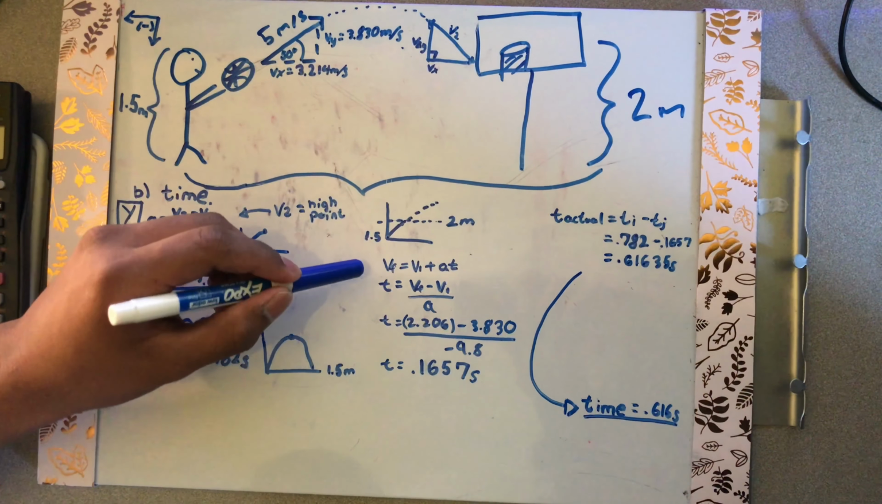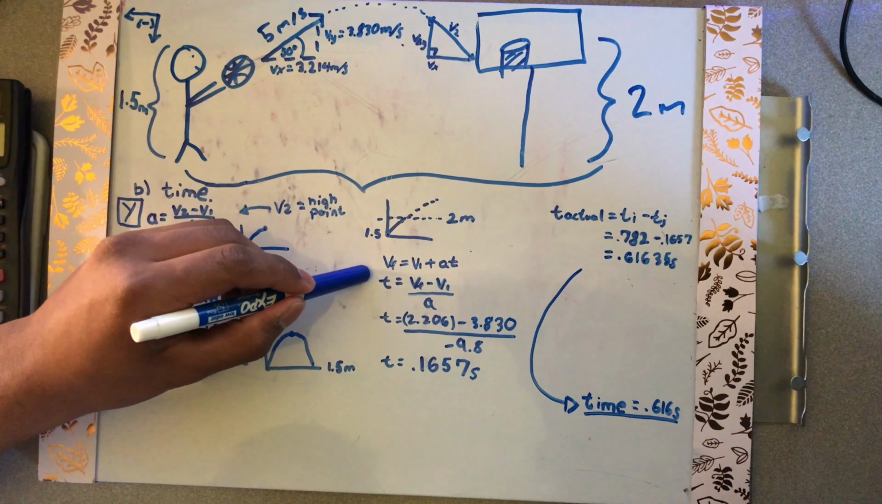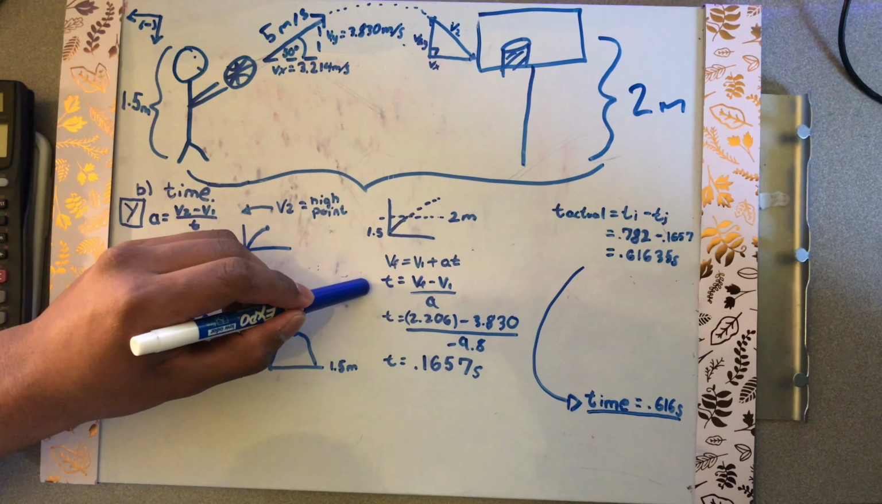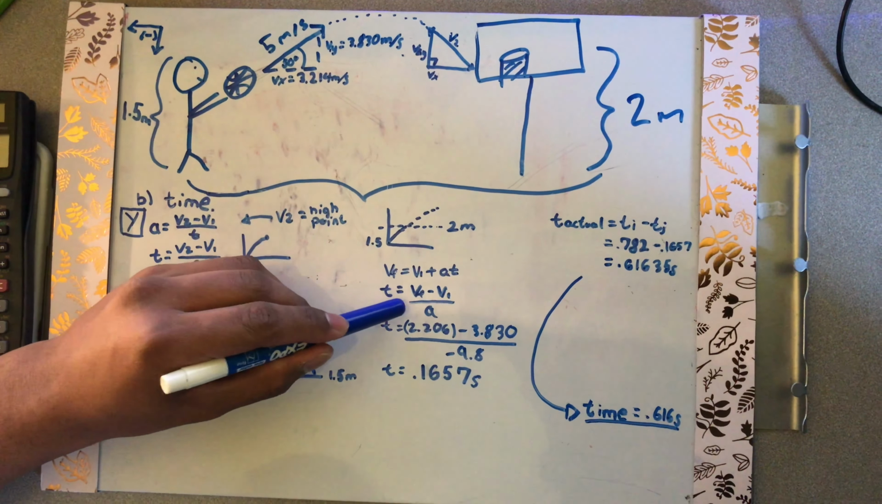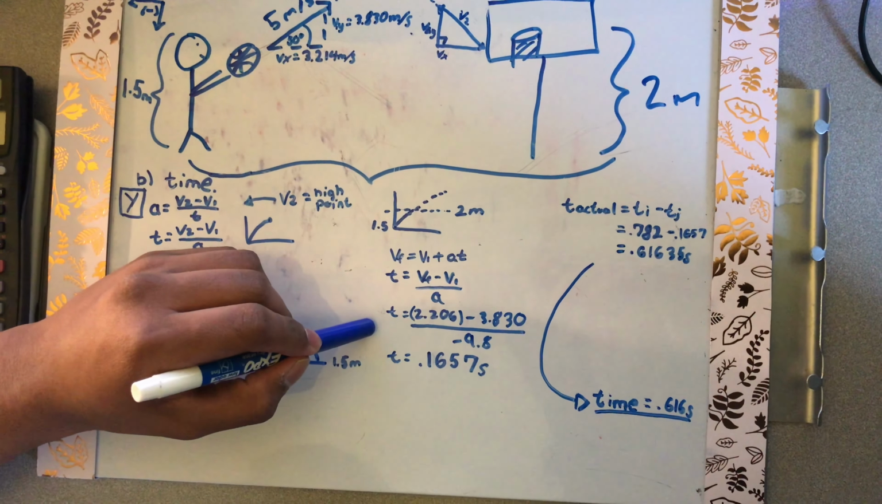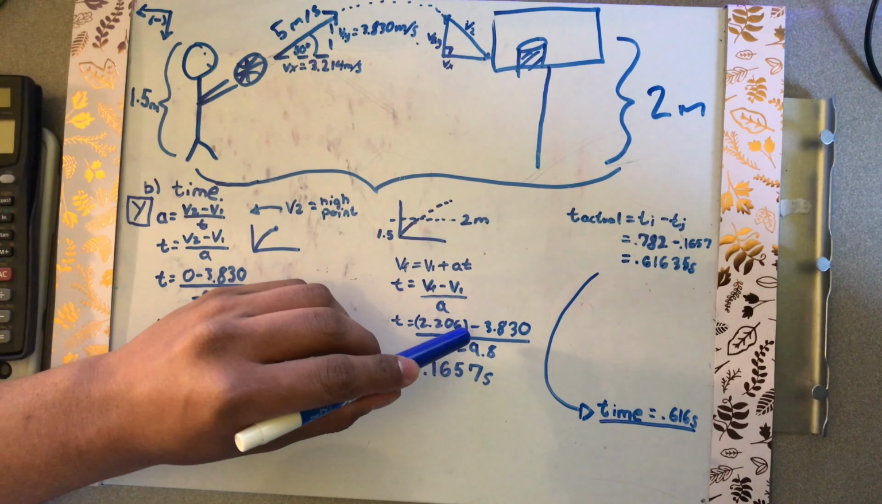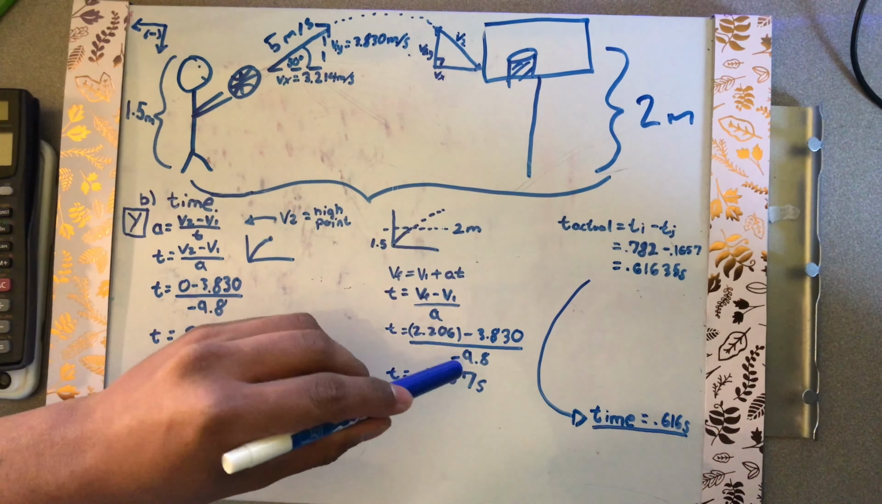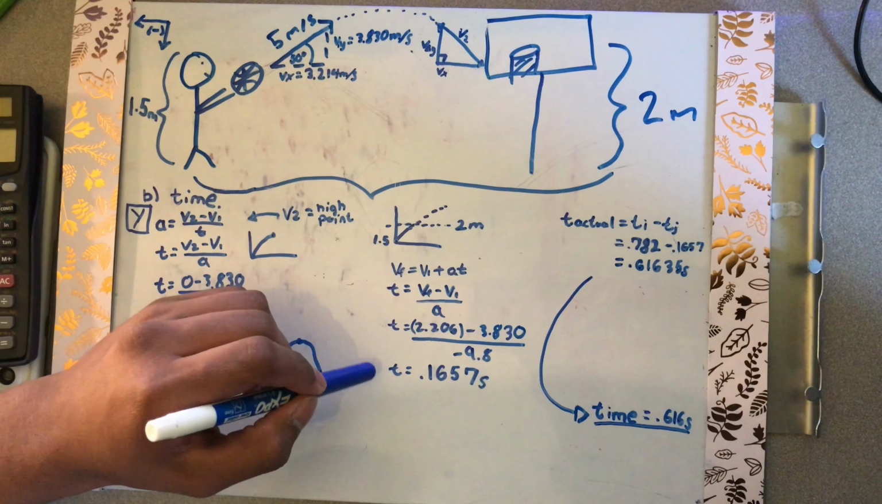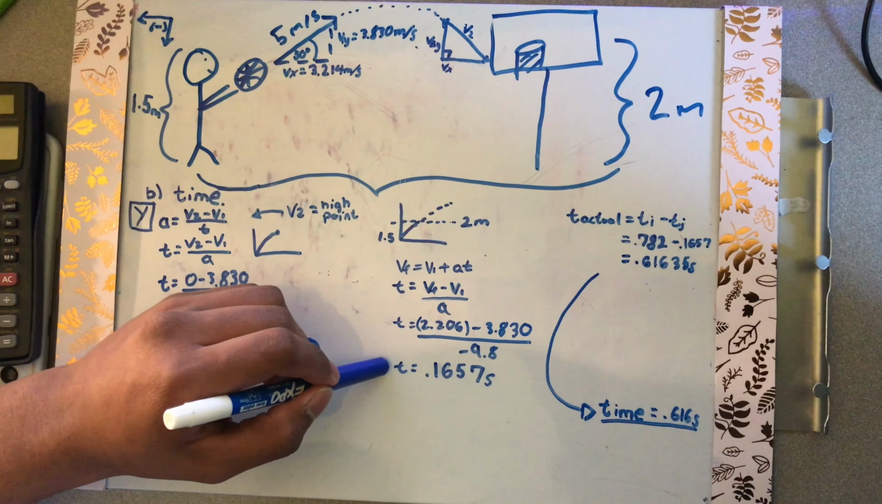So let's look over here. VF equals V1 plus AT. T equals VF minus V1 over A. Our VF for right now is 2.206 minus 3.830 over negative 9.8, which will give us a value of 0.165